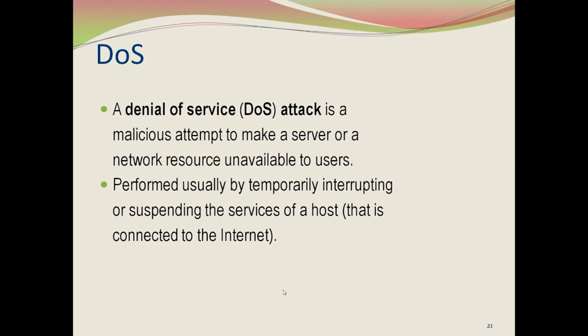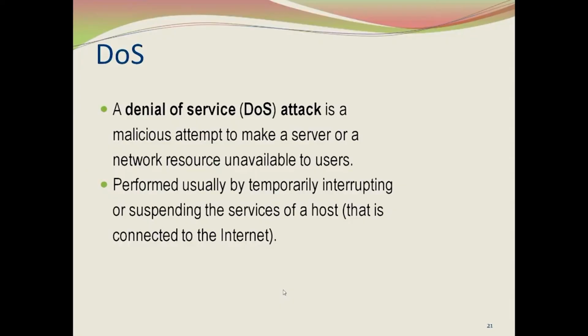So, let us continue with our different types of attacks in the network. We will now talk about denial of service attack. Obviously, it is a very malicious attempt, and what does it do? It makes a server or some resource or the service unavailable to users. And remember, we already told that the three security aspects are confidentiality, integrity and availability. So, that is where availability is coming in,